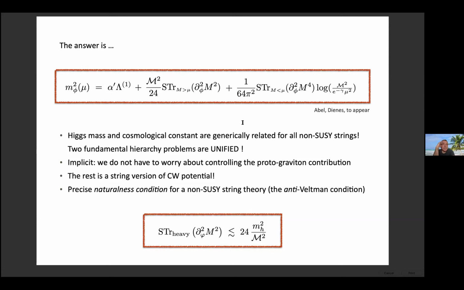Yeah, technically, you see that there's the m greater than mu and m less than mu. If mu is something like, say, a GUT phase transition, you go below that, and you would normally, in field theory, want to integrate stuff out. So what would happen here is technically, you would have to somehow, in a modular invariant way, get all these states to be heavier than mu, and then you would put them into the first term. They would fall out of the logarithmic term, and they would go into the quadratic one.